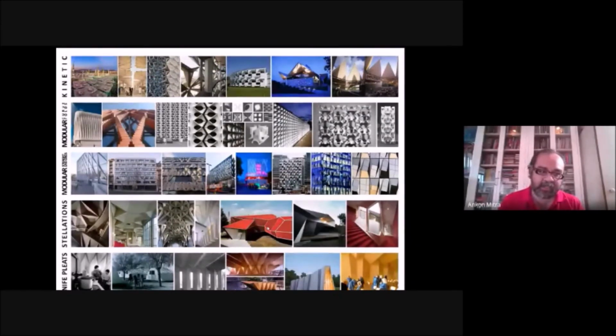In some cases, the grid is used as a strategy to create solar panels on the facade and also control where you see views onto the street. In some cases, it's a modern day stellation on an ancient Gothic roof. And in some cases, the function is a tent, which is a simple to use and multiplicable form so that you can create housing or a kind of habitation of multiple modules very quickly.